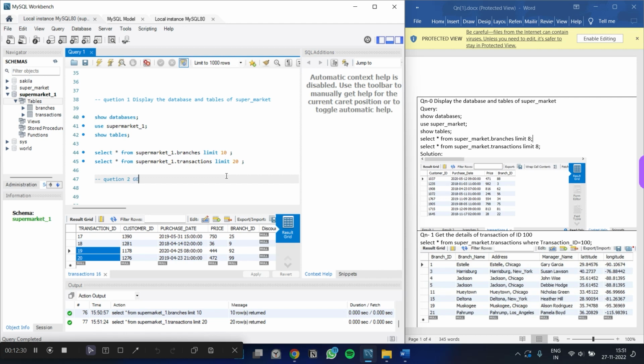So the second one is get the details of transactions of ID 100. So see what the question is. Get the details of transaction of ID 100. So what are you going to do? You're going to select from